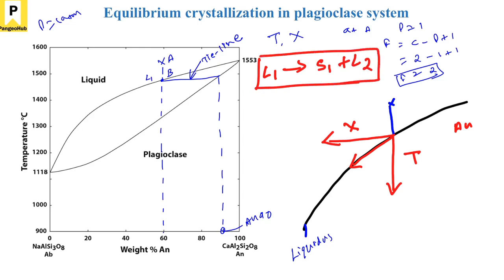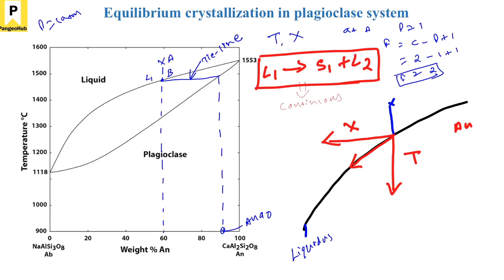So this is basically a continuous reaction, because this is the reaction that is going to continue throughout as you go on decreasing the temperature. This reaction is taking place over a range of temperatures, and hence is known as continuous. That's why you can say that this diagram corresponds to the right hand side of the Bowen's reaction series, which is the plagioclase series. Why is it known as continuous? Because this is a continuous reaction, which is taking place over a range of temperatures.